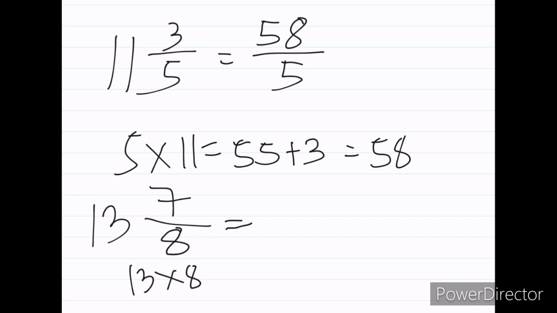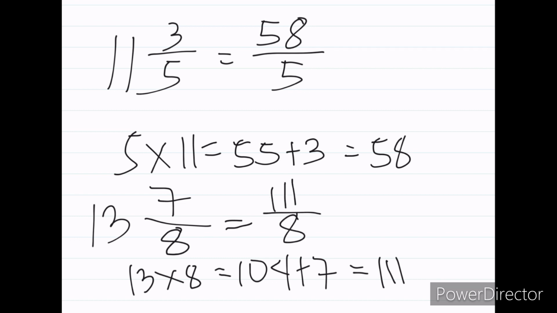So 13 times 8, 8 times 3, 24, carry 2, 8, 104. Then plus the numerator, which is 7, to the product of 13 and 8. So 104 plus 7 is equal to 111. So 111 over 8. So 13 and 7 over 8 is equal to